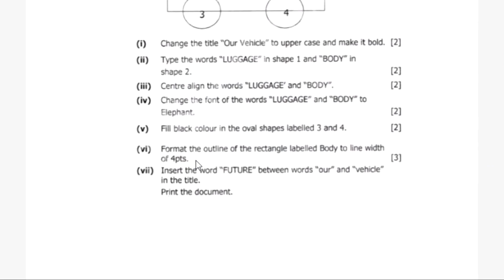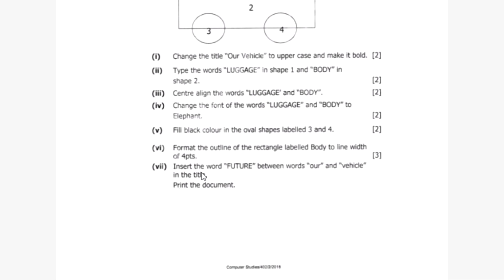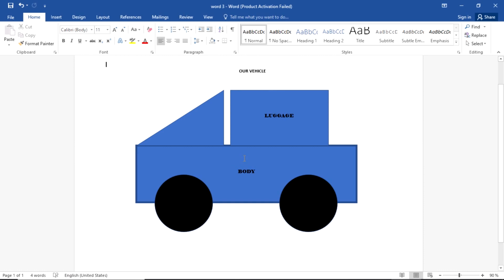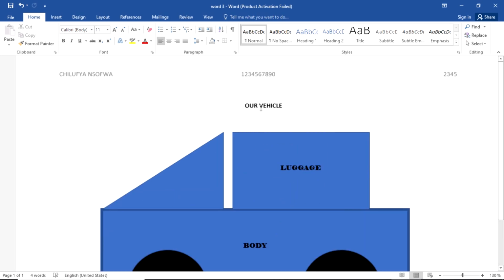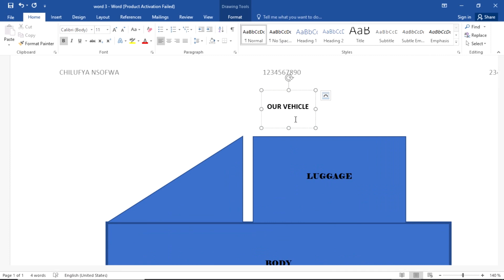What is the last question? Question 7 says insert the word future between words hour and vehicle in the title. So we need to insert the word future. Let us go back, and here where it says our vehicle, in the middle we should type future. So enable the caps lock if it's not already enabled, and just type future,